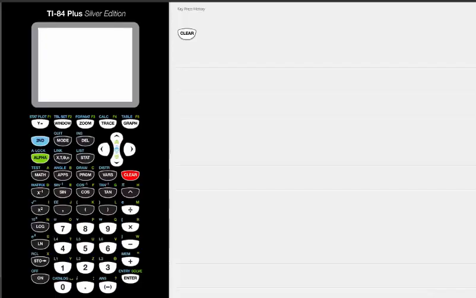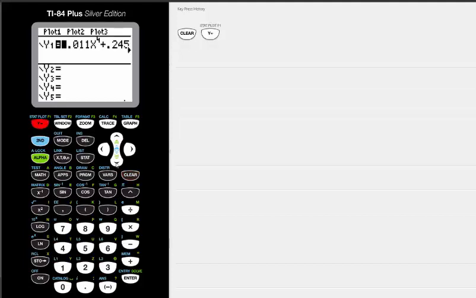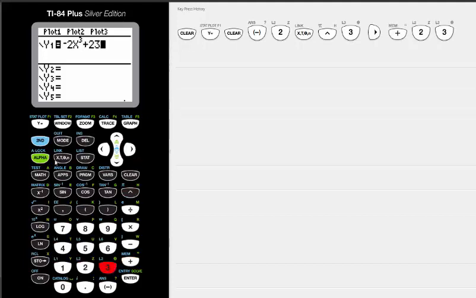Okay, we're going to look at question number 4 now, which asks you to graph the cubic function. So we're going to go in and key in this cubic function, negative 2x cubed plus 23x squared minus 70